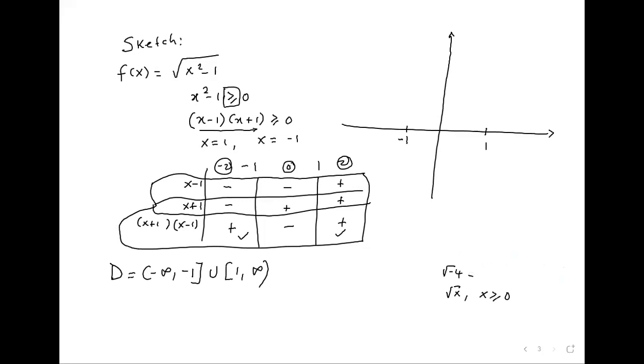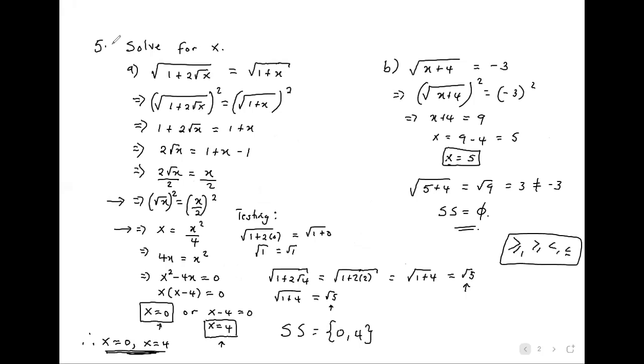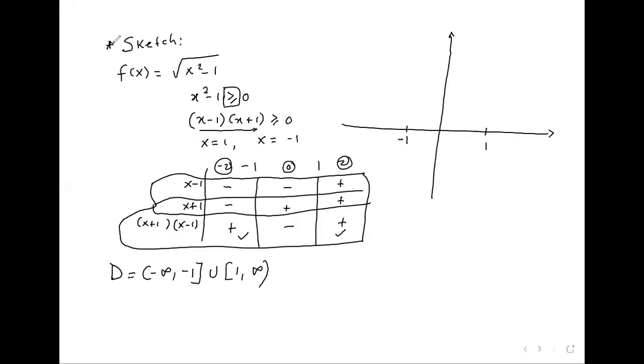Sir, I'm still confused. Where are you confused exactly? Why the square root of x squared minus 1? Why is the inequality being introduced? So this can't be solved without the inequality? The question is sketch and not an equation. Equations have equal signs, is it? Yes. Now, sir, see the difference? This is an equation, there are equal signs and the like. This one is just saying sketch